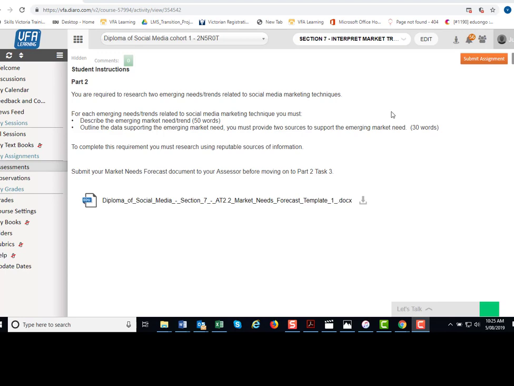So to complete the assessment task, you need to analyze 2 emerging trends or needs. Okay, to start with, you need to describe the emerging market need and trend in 50 words. So this is about researching. So you need to go to reputable sources and find out what the emerging trends or needs are going to be moving into later this year and into next year. So you try to predict ahead, okay, these are the emerging trends, this is what I need to do with my social media marketing. So for example, one might be that YouTube advertising is going to increase over the next